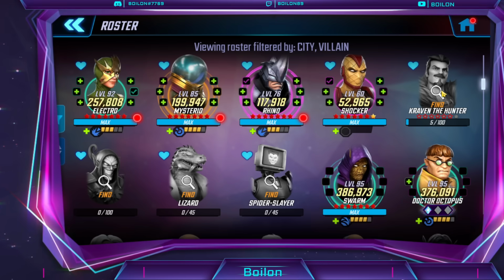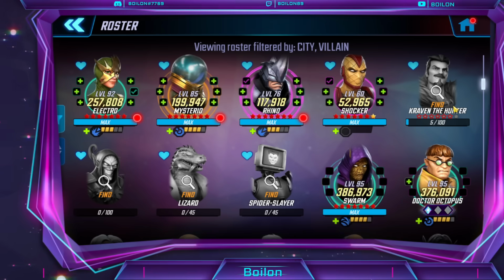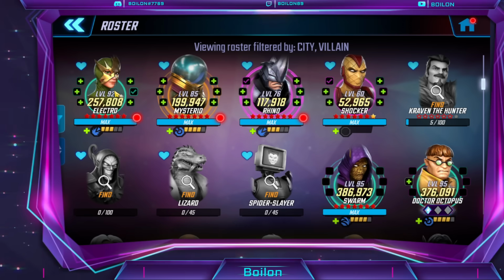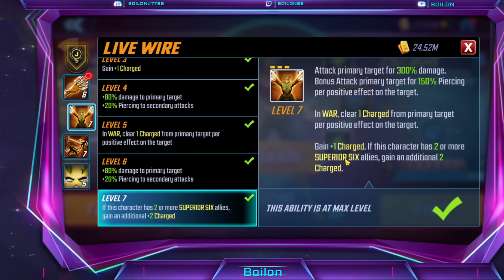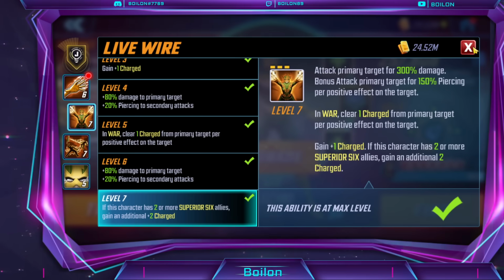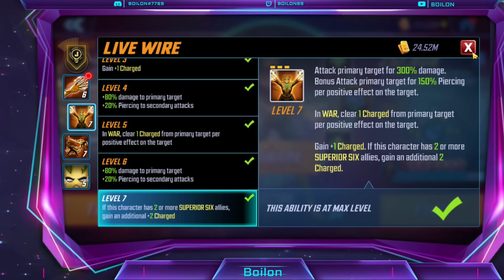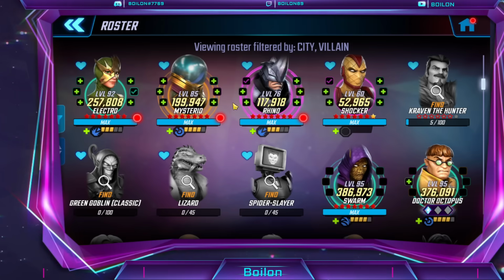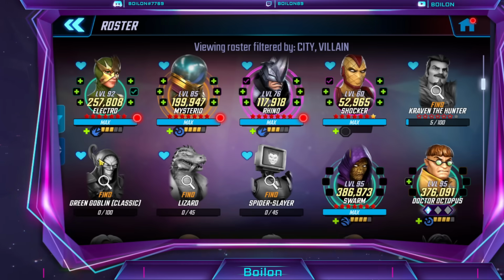So you won't get Kraven, and the only problem with this is that Kraven is a Sinister Six member. And there are callouts to having 2 or more Sinister Six allies. So obviously Doc Ock is one of them, and then Kraven would be the second one if you had unlocked him with cores or paying for him. Other than that, you probably won't be walking into these trials with a second Sinister Six member until you unlock